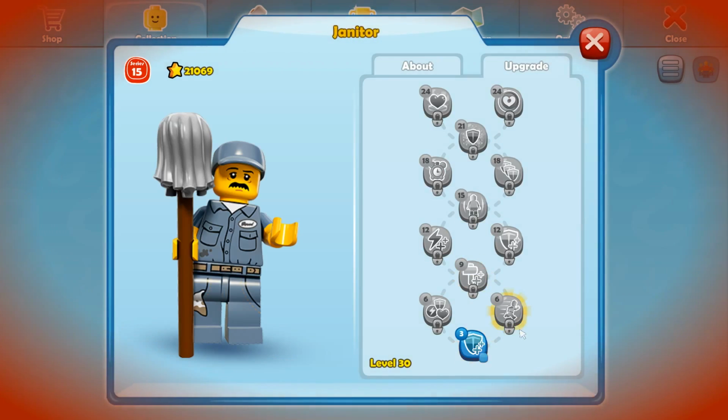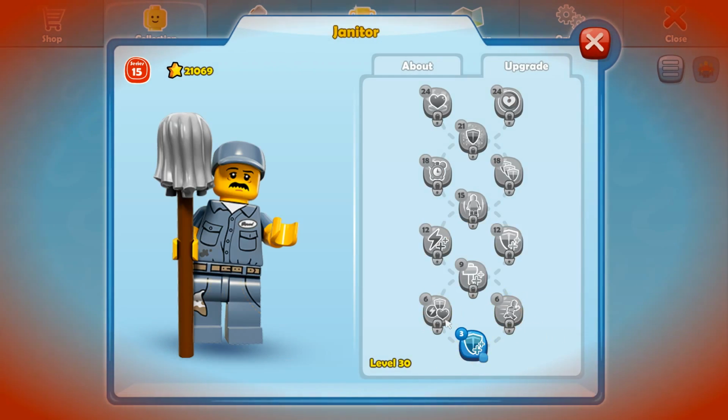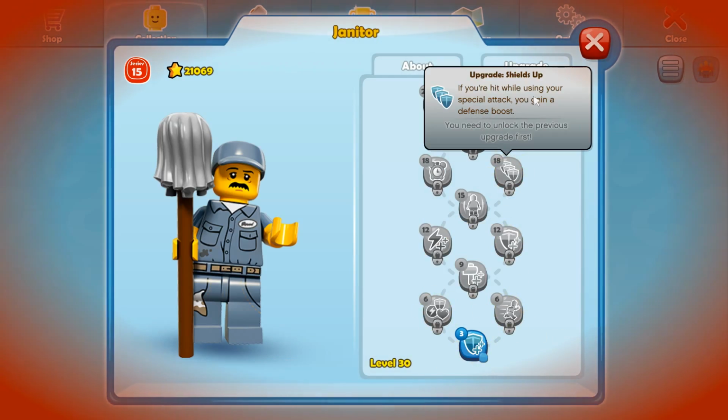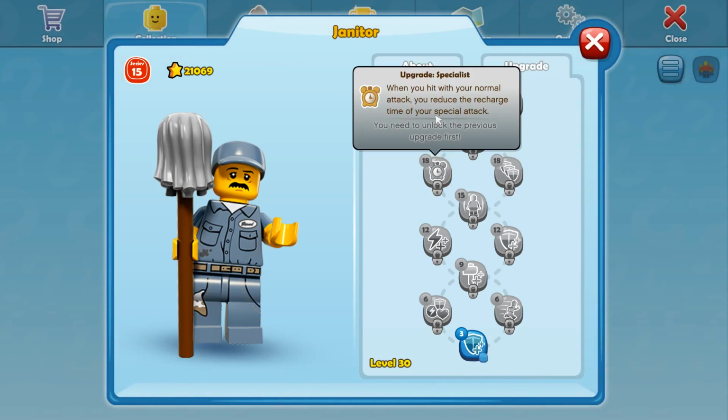Let's check the stats of this character. So, that's interesting. You've got a run ability there. If you're hit while using your special attack, you gain a defense boost. You reduce the recharge time. You don't really need to reduce the...